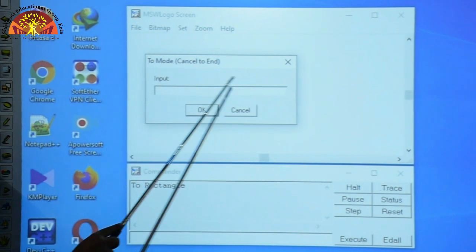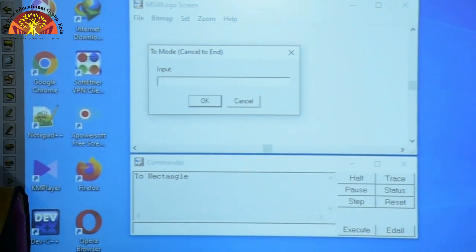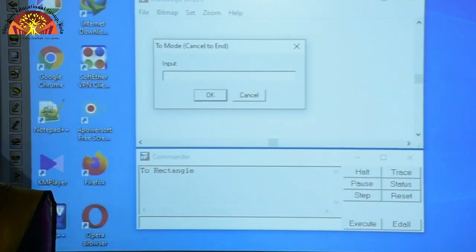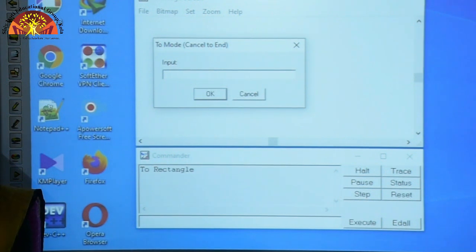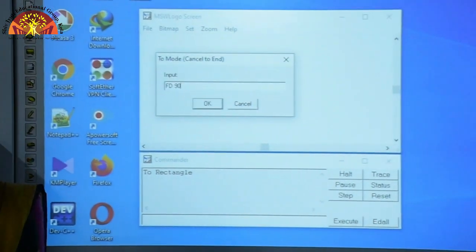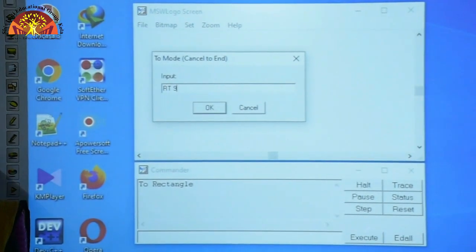Here in the input box you have to type your commands, which are used to draw a rectangle on our MSW Logo screen. So let's start writing the commands. Our first command is FD 90, press enter. Next RT 90, press enter.